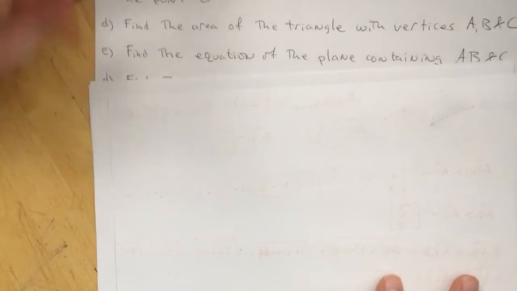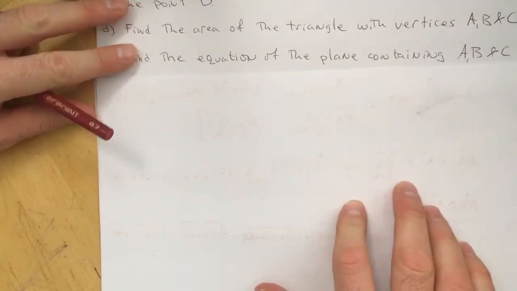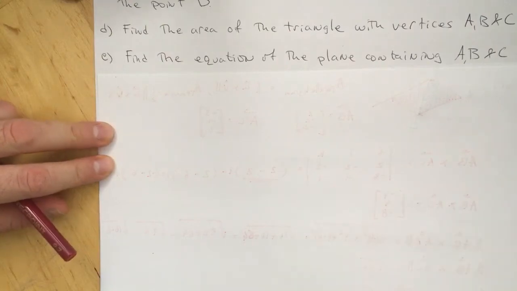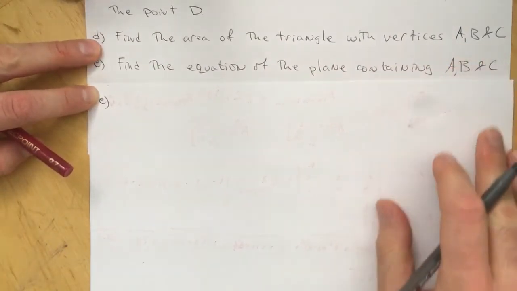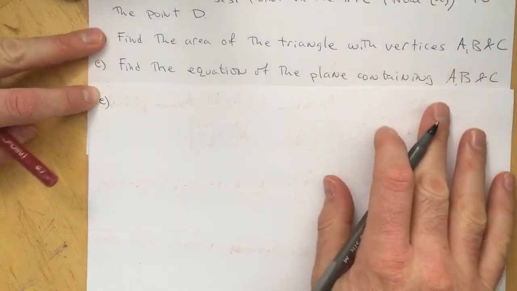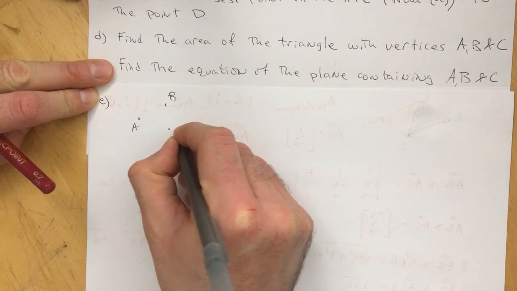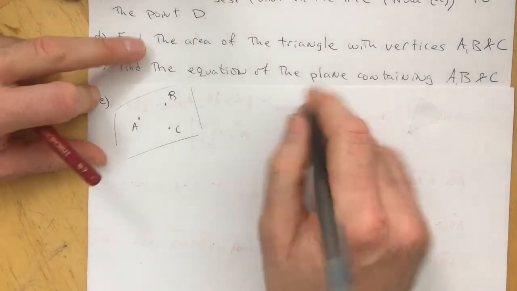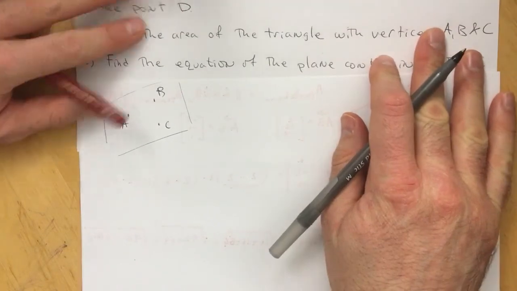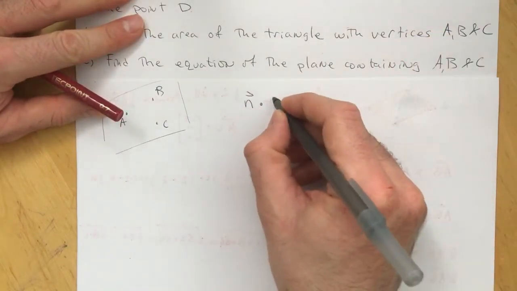Okay, so next question says find the equation of the plane containing A, B, and C. So part E. Find the equation of the plane containing A, B, and C. So I have some plane here, right? The equation of the plane is calculated by solving this dot product